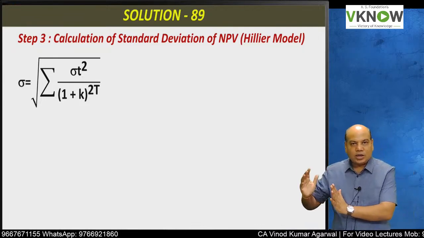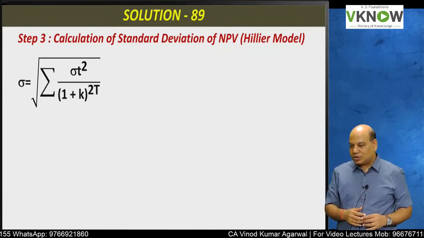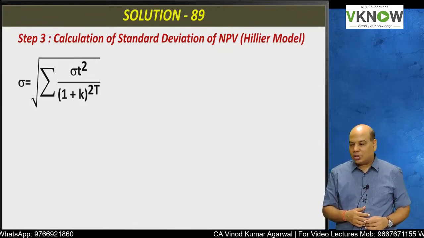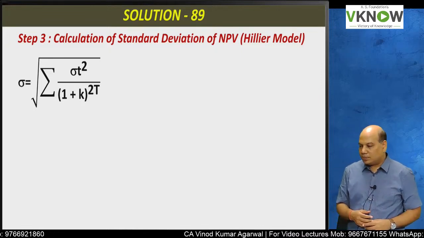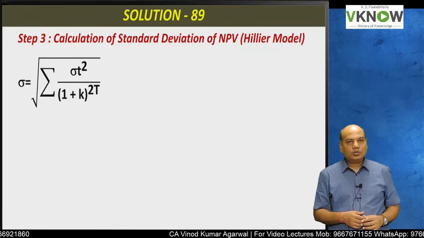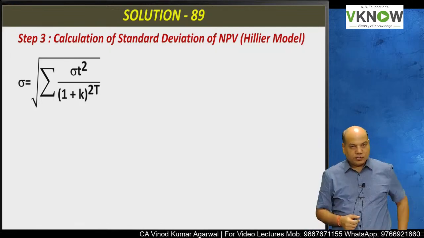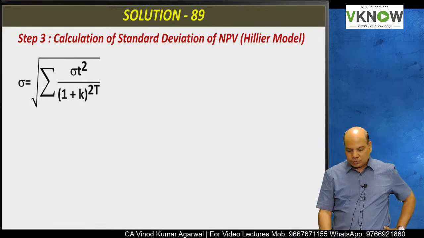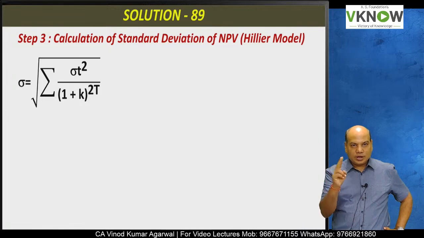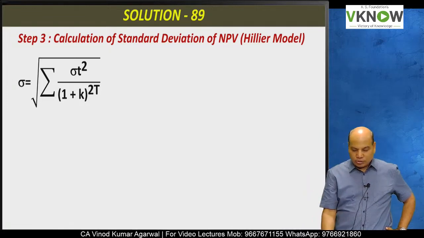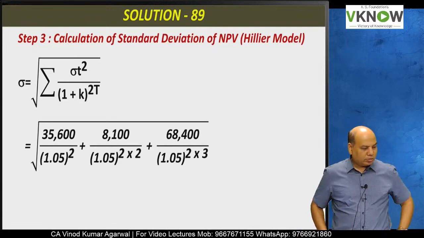Summation means I have to add all the 3 years. Sigma equals under root summation sigma t square upon 1 plus k to the power 2t. I have already computed sigma t square for year 1, 2, 3. So solve under root